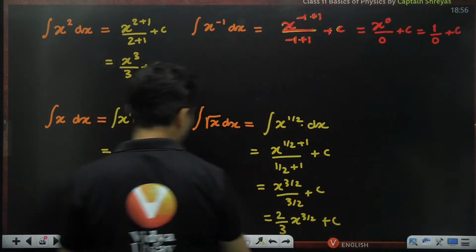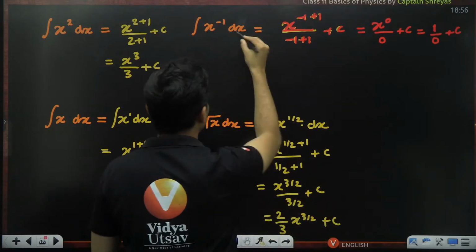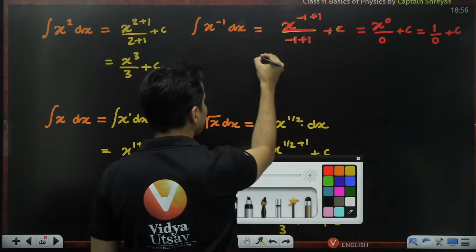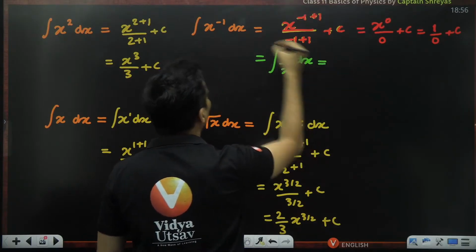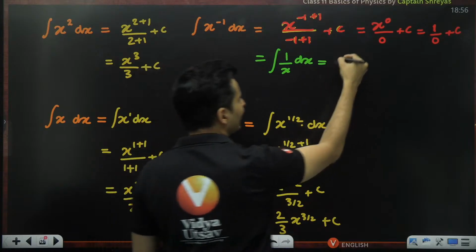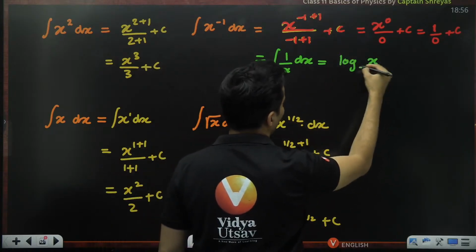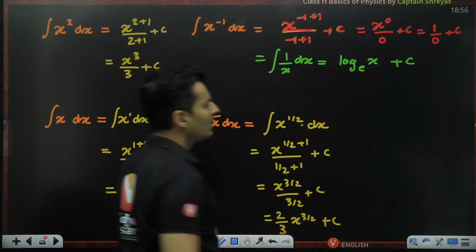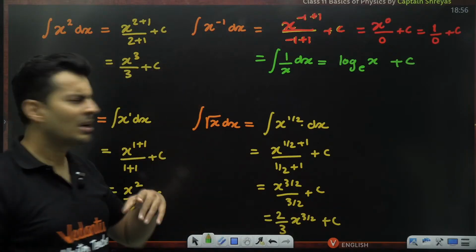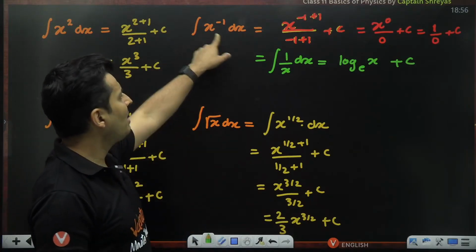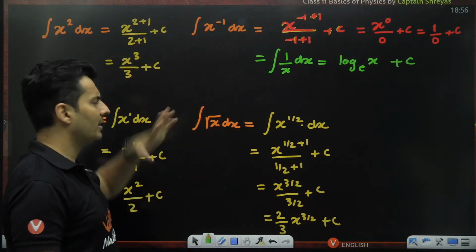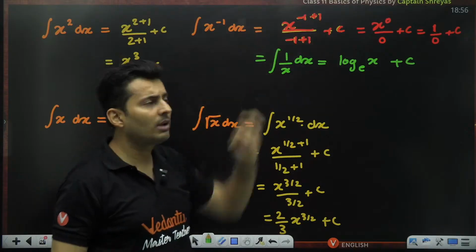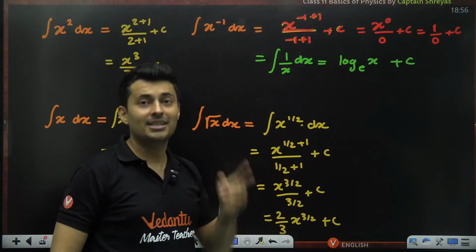Wrong. Actually, the correct way to solve this is x raised to minus 1 is 1 by x dx. Oh, 1 by x, sir, I know it. It is nothing but log of x. So log of x plus c. Then you'll be like, sir, wait a minute. How did you know for this power only I have to go to log of x? Why did I not do that log here? And how do I know this formula will not work? Is there any condition? Yes.